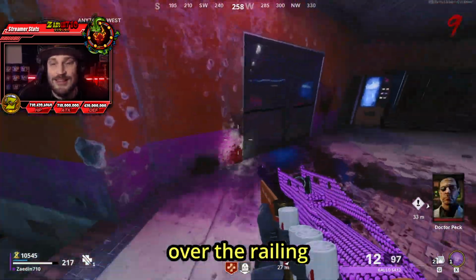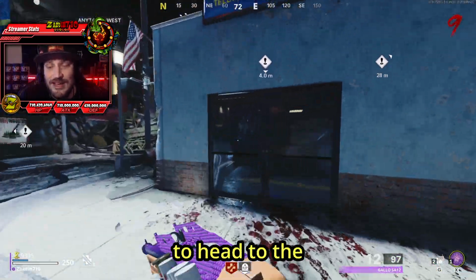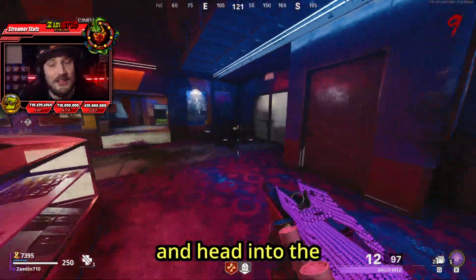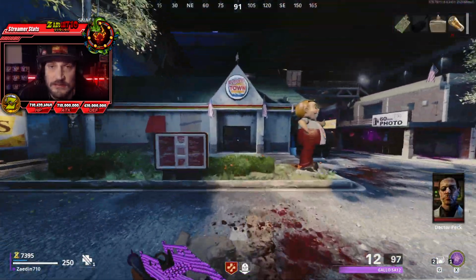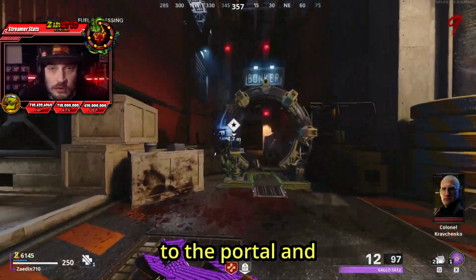Once through, hop over the railing and drop down into the video store beneath you where you'll want to find your circuit board. Next, you'll want to head to the adjacent TV store to find your cathode ray tube. Next, turn back and head into the theater where you'll find the focusing lens. Finally, go through Burger Town, grab the fryer cage, head to the portal, and repair it with the items you